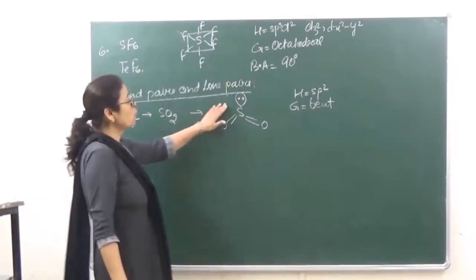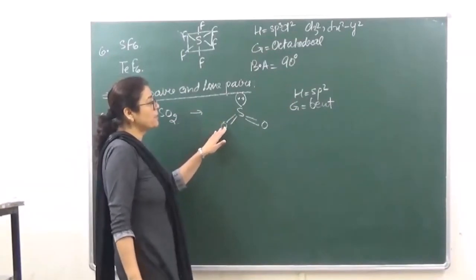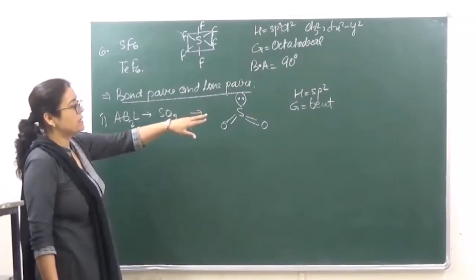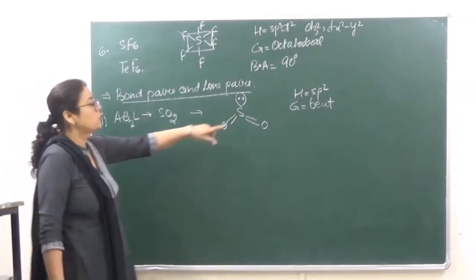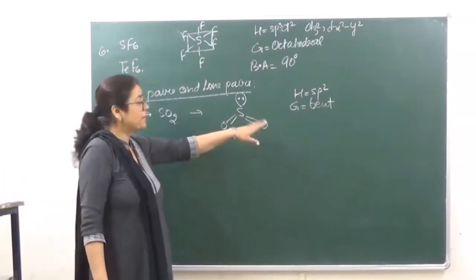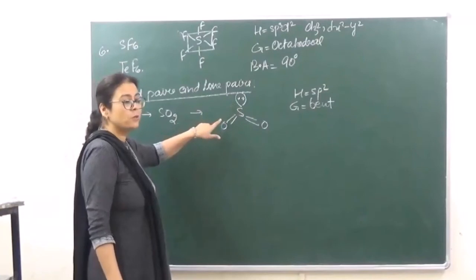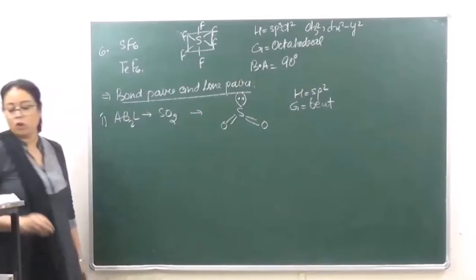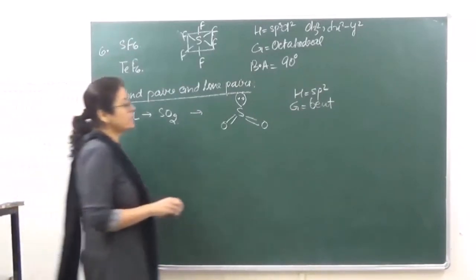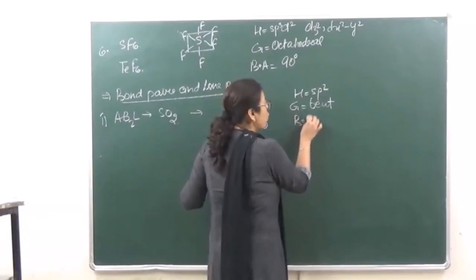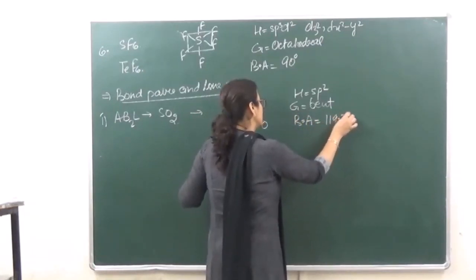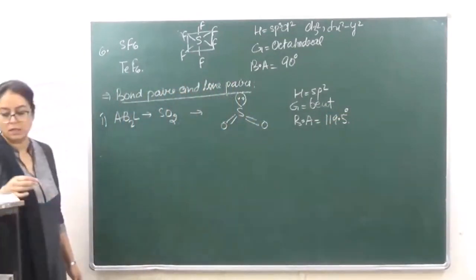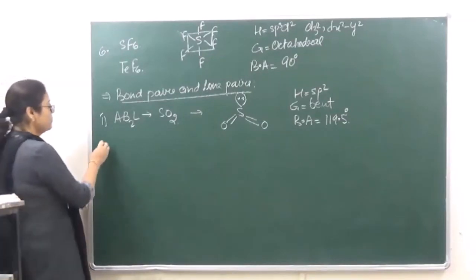Now because of the lone pair and bond pair repulsion over here, otherwise if you're talking of AB3 molecules, in sp2 hybridization we have seen, as in the case of BF3, the geometry should be triangular planar, but here it is bent due to the repulsions between the lone pair and the bond pair. Then the bond angle will also be reduced a little. The bond angle in sp2 hybridization is 120, but over here the bond angle is going to be 119.5 degrees.